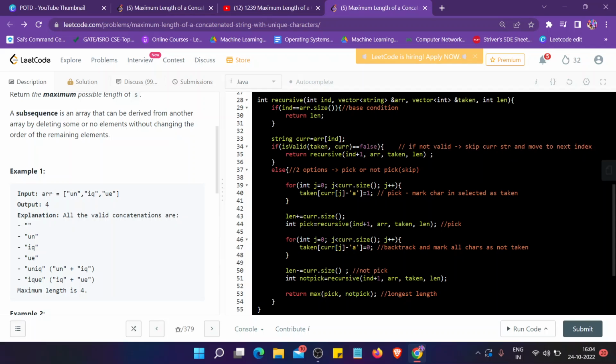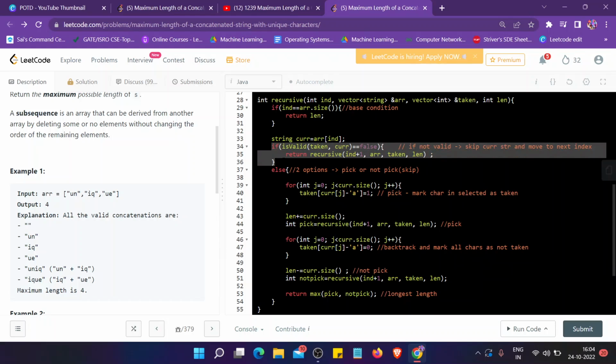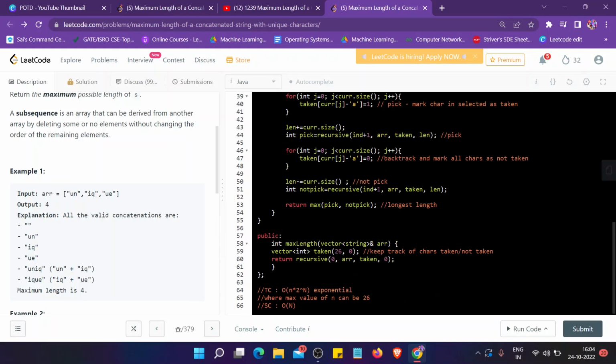Then we move on to the else part if it is valid. If it is not valid, then we move on to the next string. Okay, I guess it is clear. So let's